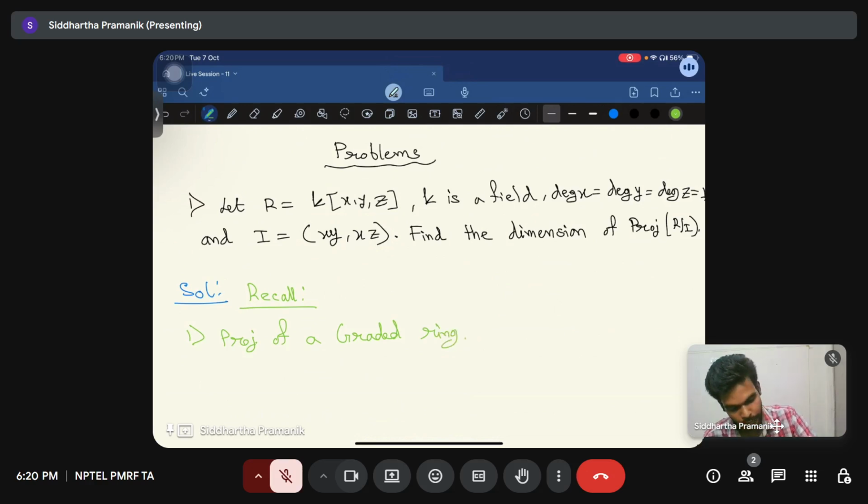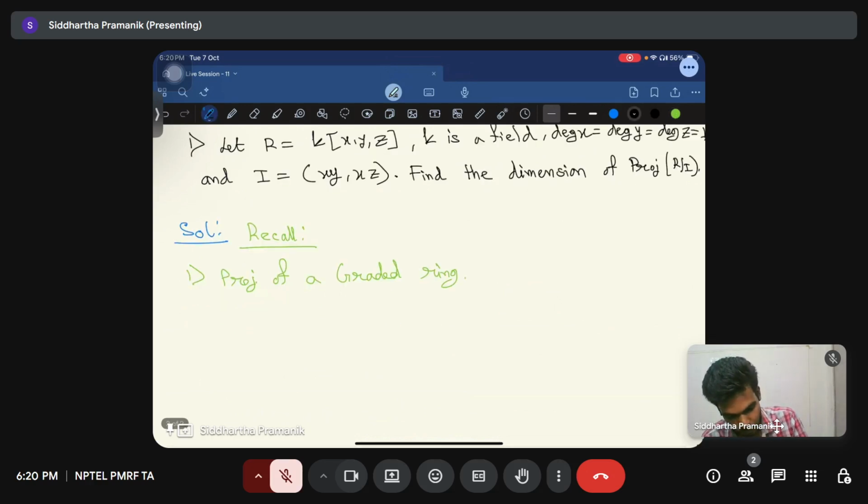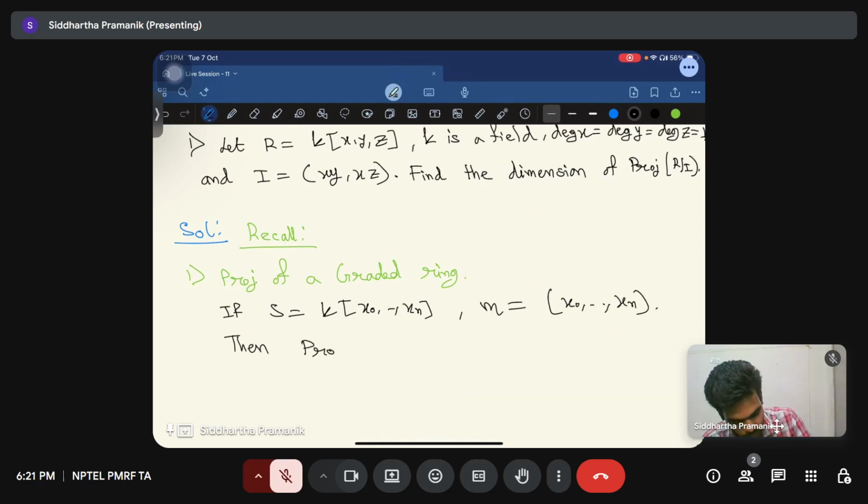If S equals, let's say, K[x0, ..., xn], and let M be the homogeneous maximal ideal generated by the elements x0 up to xn, then the Proj of this graded ring S is defined as